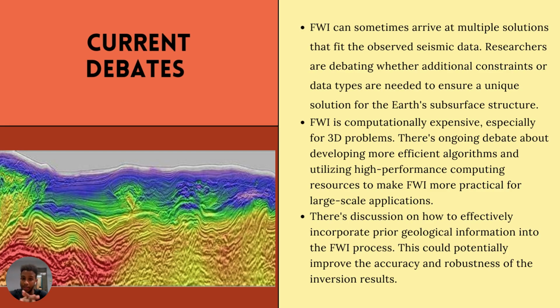So FWI can sometimes arrive at multiple solutions that fit the observed seismic data. Researchers are debating whether additional constraints or data types are needed to ensure a unique solution for the Earth's subsurface structure. Also, FWI is computationally expensive, especially for 3D problems. There are ongoing debates about developing more efficient algorithms and utilizing high performance computing resources to make FWI more practical